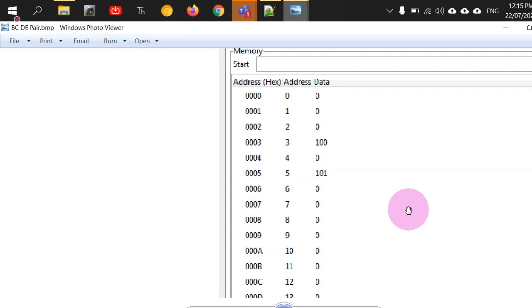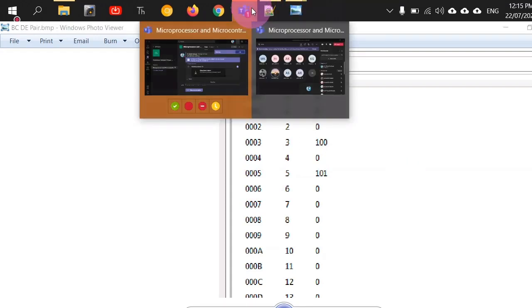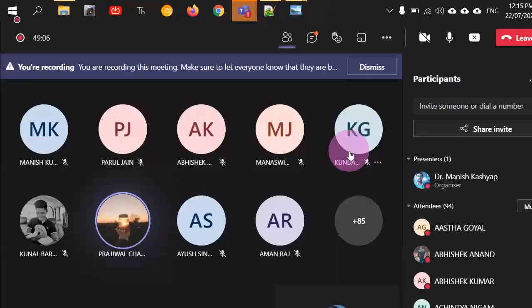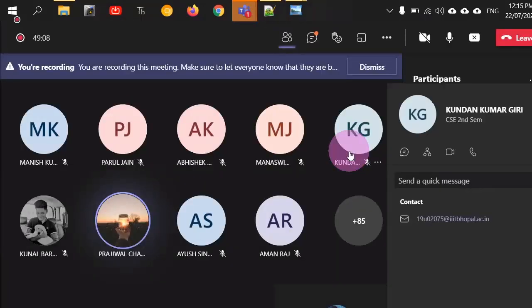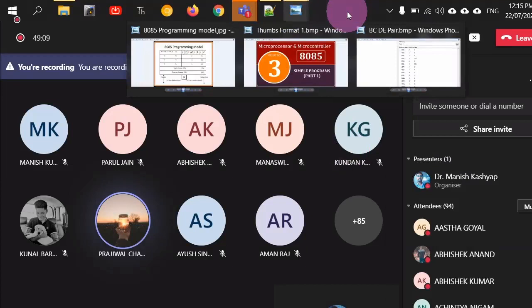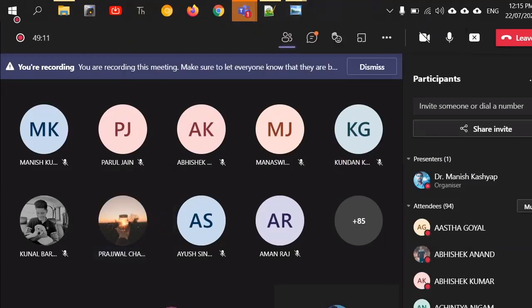Set HL to 0003 and okay, wait a minute. Who's speaking? Whenever you speak, just tell me your name so that I can recall it. Prajwal is speaking. Yes. Okay, Prajwal, tell me. Set H to 0 and L to 03 and move into A from M, and then we can increment that. How do you increment that?